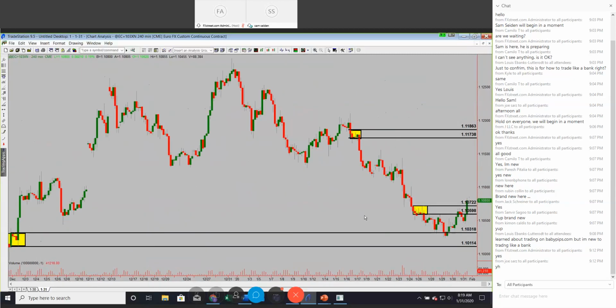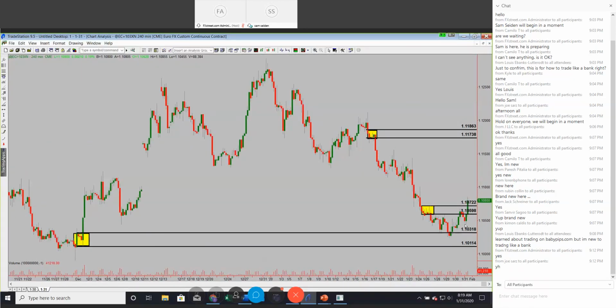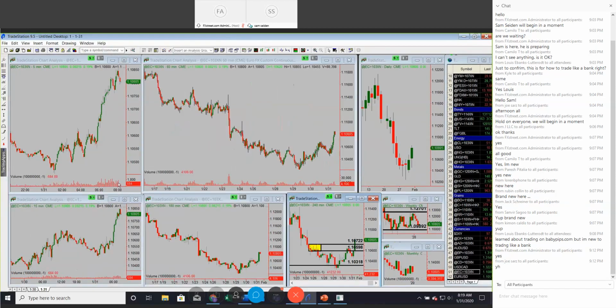So we recently had this buying opportunity from our demand zone. Price came up to supply, then down to this new demand zone, and now the euro is moving higher, right? Kind of as it should here. Let's go to a smaller time frame and see what the euro is coming into.